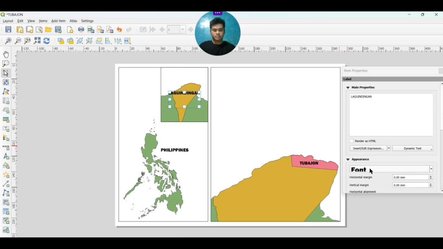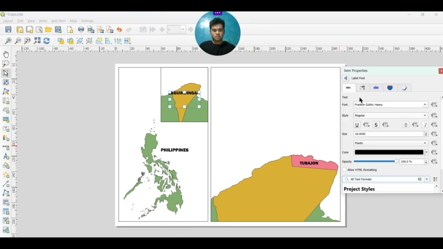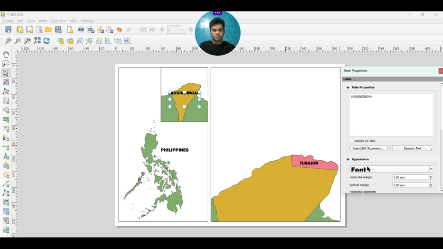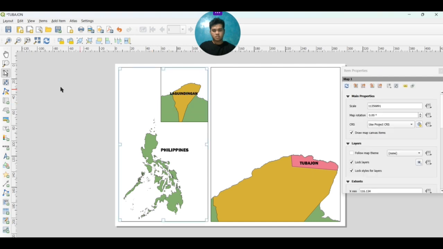Adjust the font size to your preferable size. In my case, I want to zoom in more.